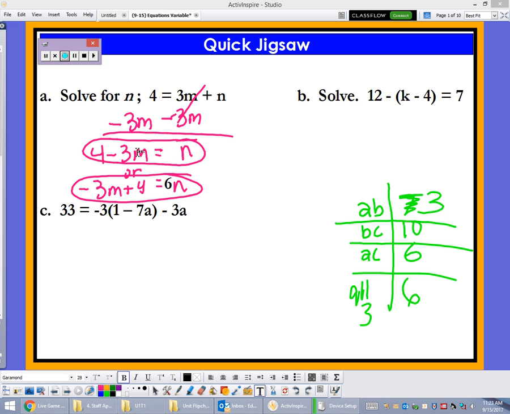So let's look at letter B. Who did letter B? What's the first step in letter B? What's my first step in letter B? Tristy? Very good. Distributive property. A lot of people don't see the distributive property as being there because